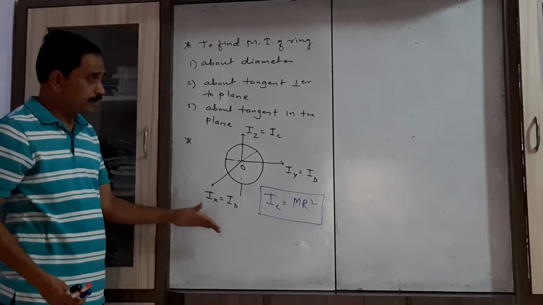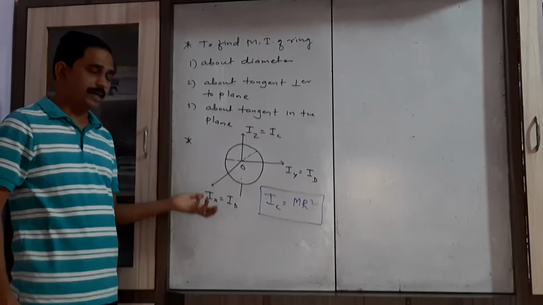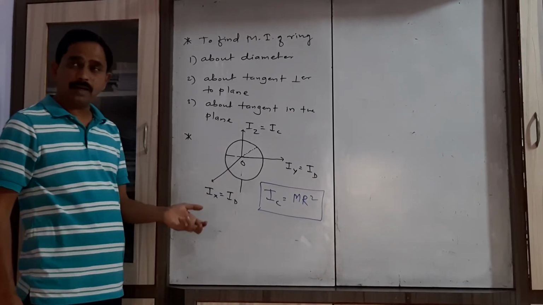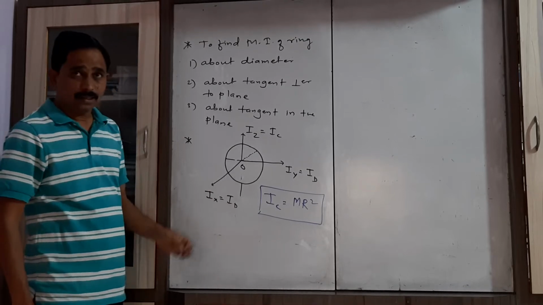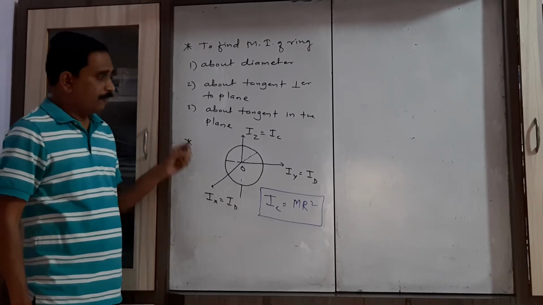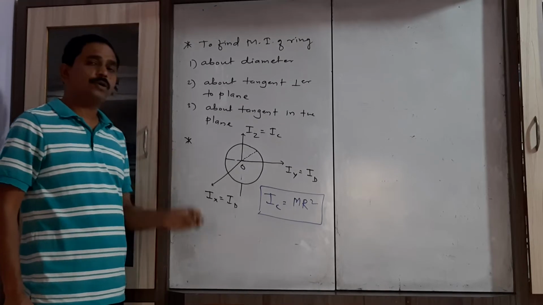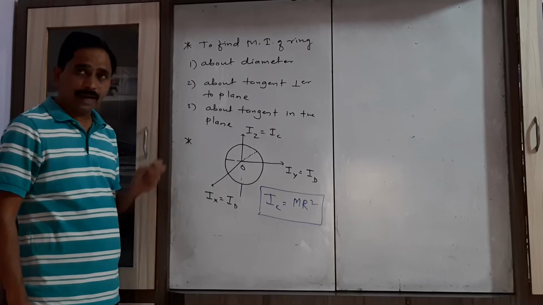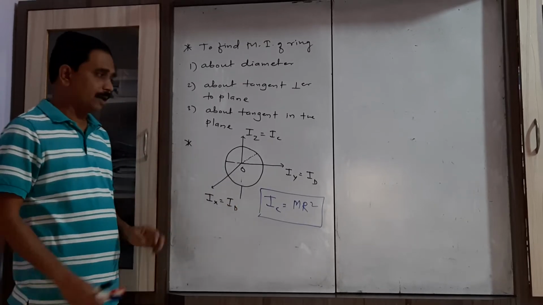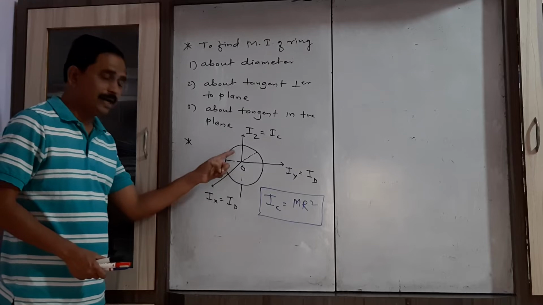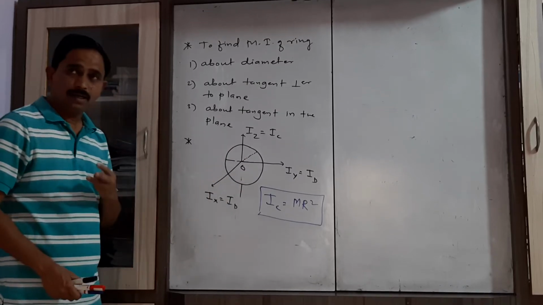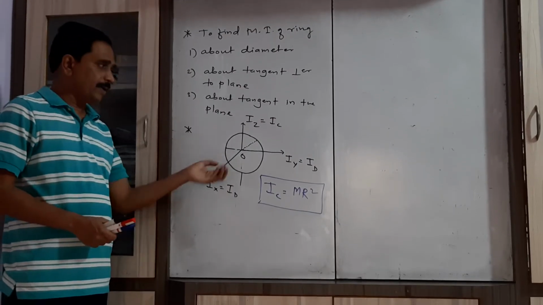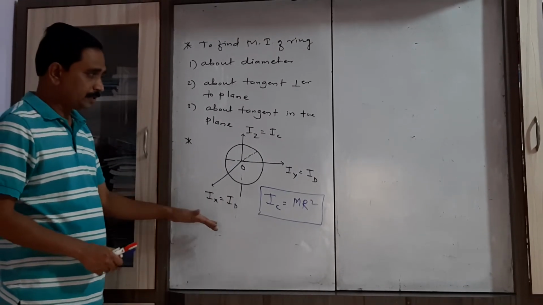Now here you have to just apply the two theorems which we learned earlier, that is the theorem of perpendicular axis and the theorem of parallel axis. So keep in mind, it is very easy. When we consider three axes, you have to use the perpendicular axis theorem. And when we consider just two axes, then you have to use the parallel axis theorem. Now here we are dealing with three axes. So which theorem do you have to consider? The perpendicular axis theorem.